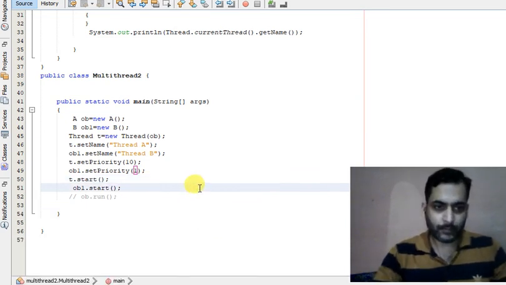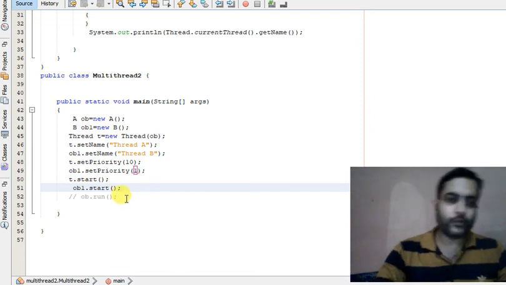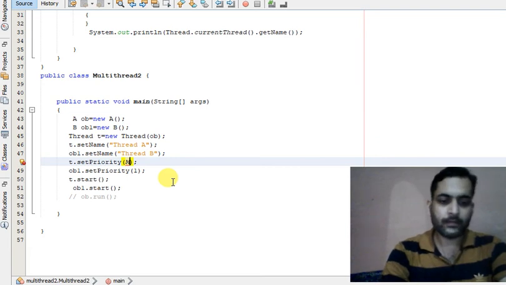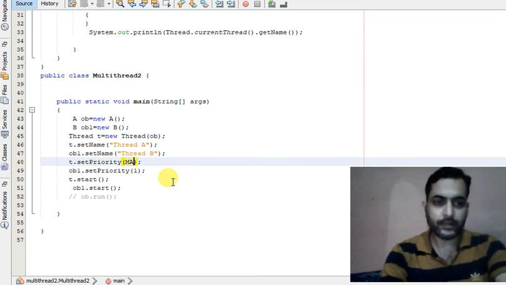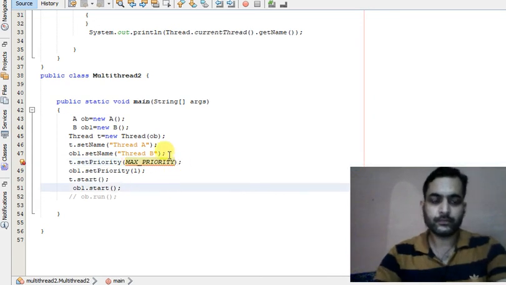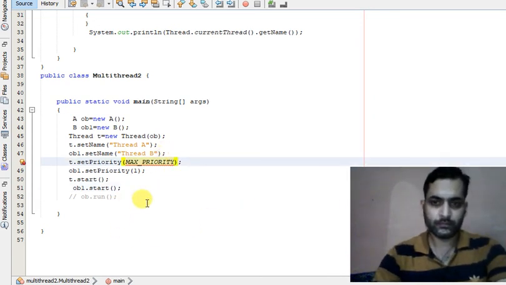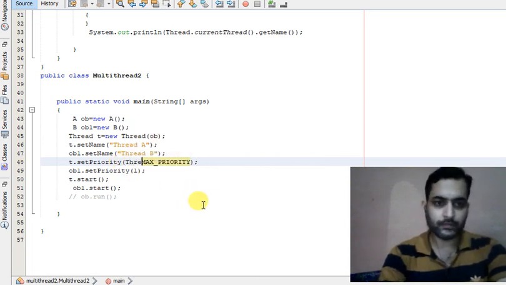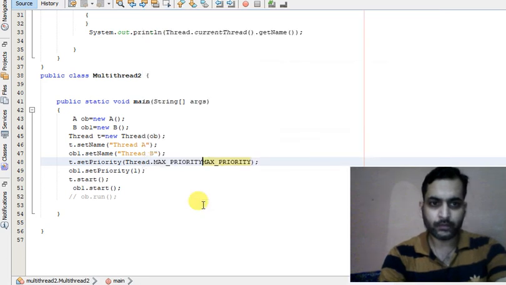So if you don't like these numbers, we can also set the priority like this: thread dot max priority, thread dot max priority.